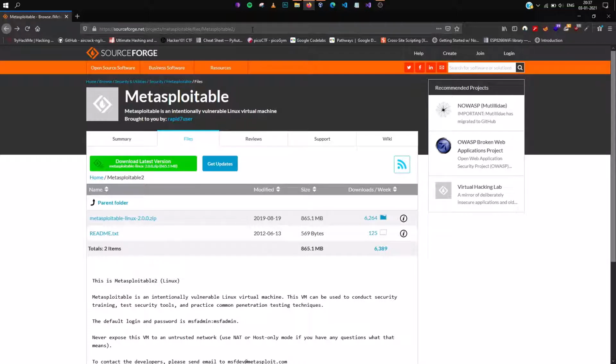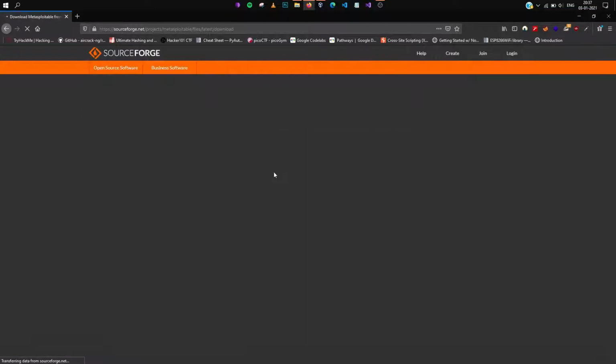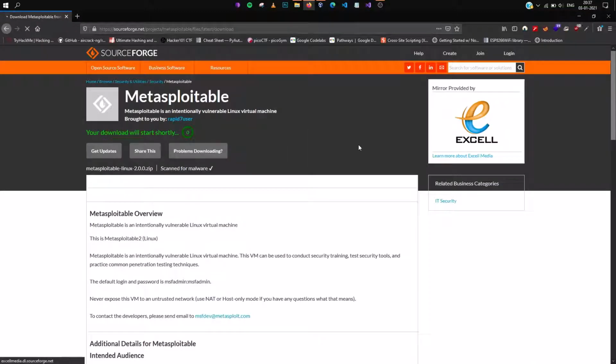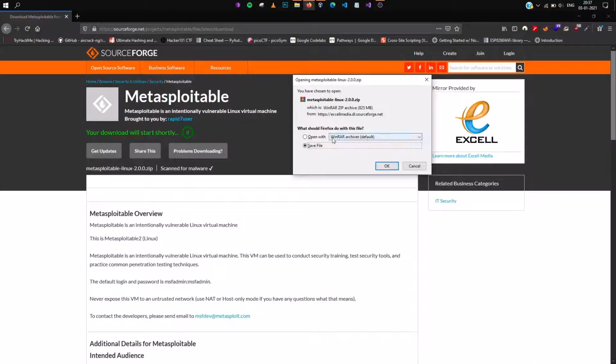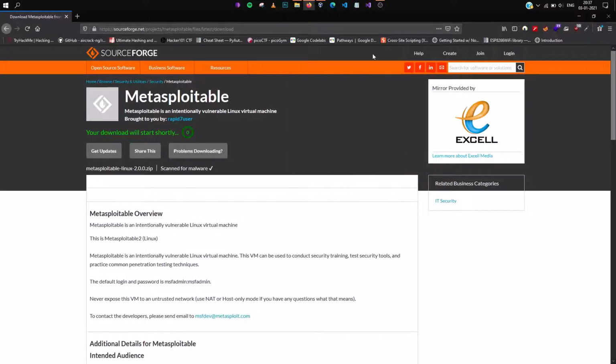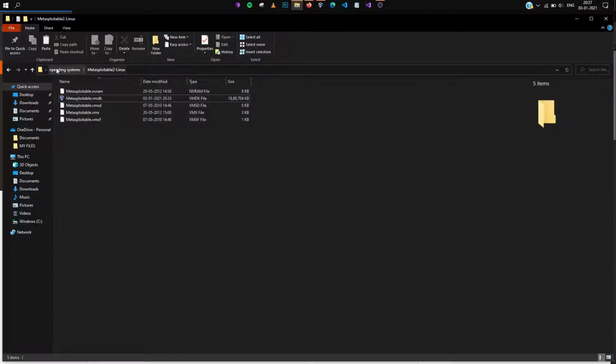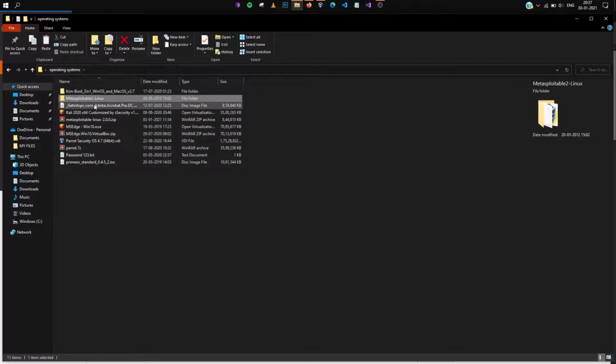So go on to this web page and click on this download latest version button. It will download the latest version of Metasploitable for you. Since I already have this file, I won't be downloading it again. Now go to your downloaded folder. This is the downloaded file, as you can see here,